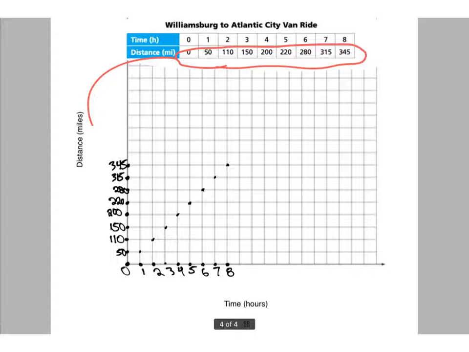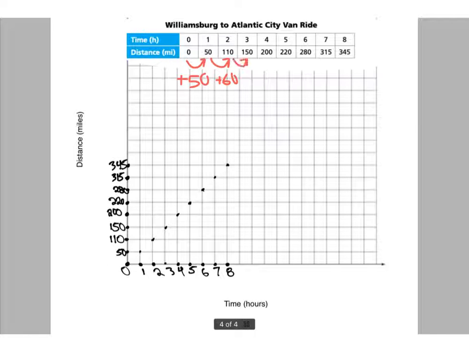Because when we put the numbers in the table in the graph, it's going to look like it's going to form a straight line and that they're consistent. But if we look at what's really happening, we can see that they're not consistent. They keep changing and speeding up and slowing down. But if we just put those numbers from the table on the side of our graph, it's going to look like a perfectly straight line, and it's going to seem like the person was consistent the whole time,